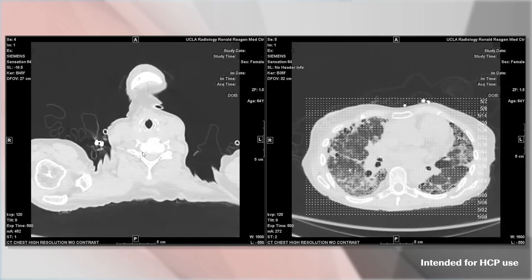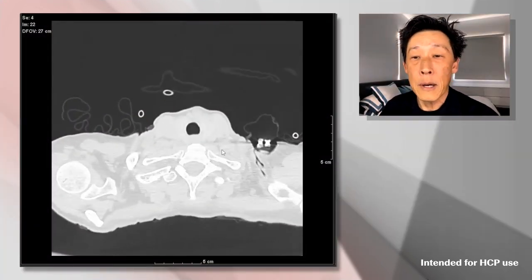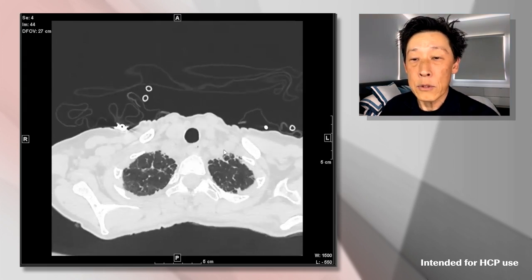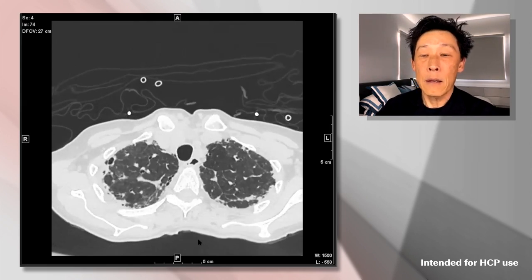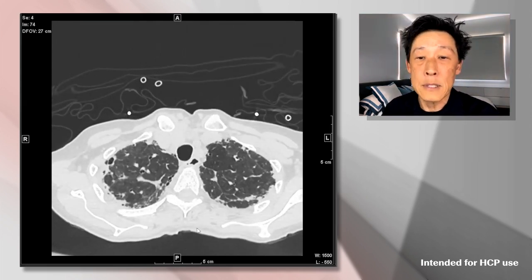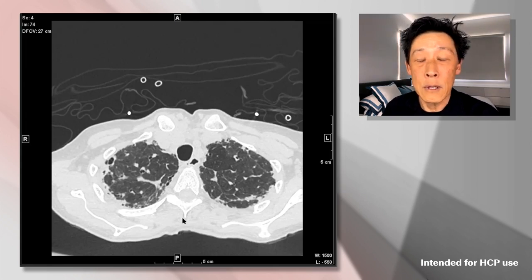So here we have axial 1 millimeter images from a high resolution CT on this patient. So as we go from the top to the bottom of the chest, we'll take you through some of the features. And notice that here we're going to just stop for a moment here and look at the lung apices. First of all, you can see that the density of the lung is not normal, or it looks grayer than what we saw on the normal CT. The other thing is that we see what we call reticulations. And so these are these little lines that are at the edges, and I'll show you more of those as we go further down into the chest.